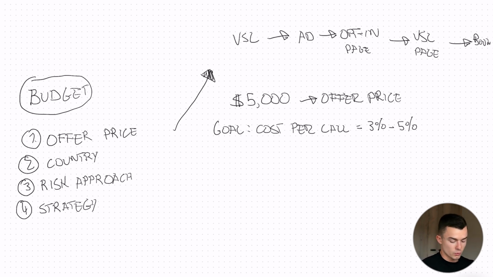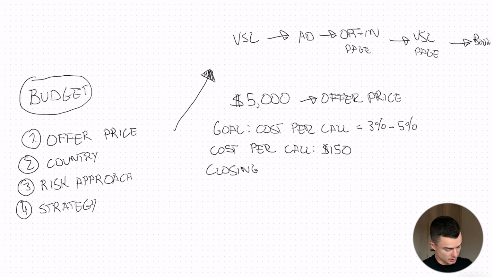So again, if we get a cost per call in this case that is 3%, so 5,000 times 0.03 equals $150. So cost per call equals 150. That means, let's say that also our closing rate is going to be 25%, which is pretty average. Closing rate 25%. That means that we need 4 calls to make a sale. So cost per acquisition, basically we need to take the cost per call, multiply by 4. That means that we are going to be spending $600 to acquire a customer that is going to pay us